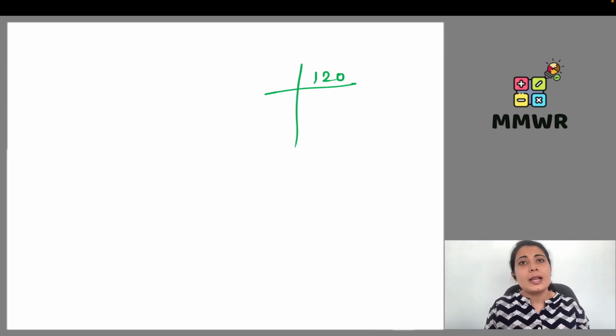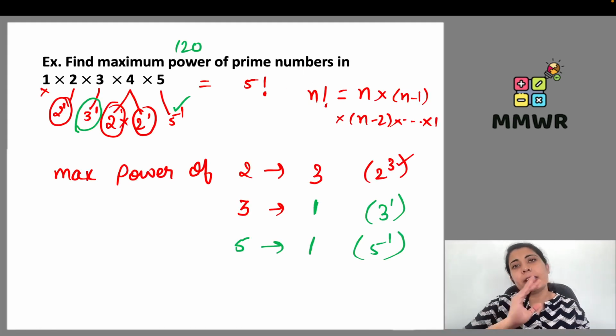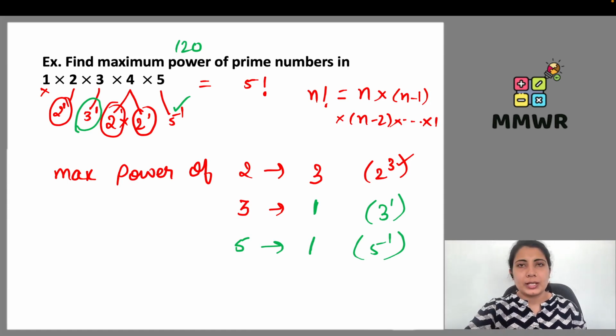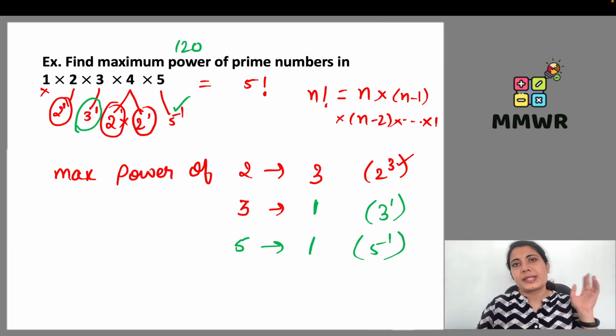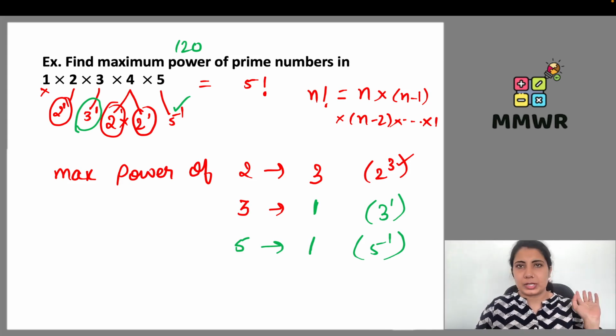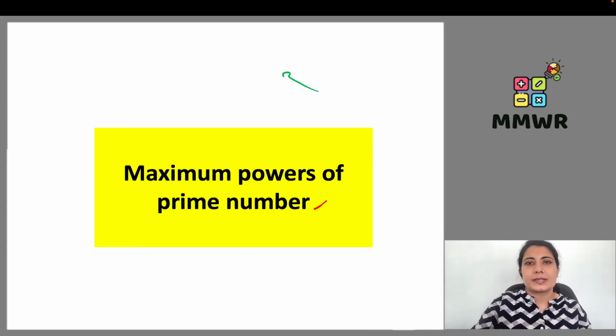So 120. अगर नंबर आप सबको मल्टीप्लाई करके, if it is easy for you to get the number, like if you have to get the value for 100 factorial, that means 100 multiply 99 multiply 98 ऐसे करते करते आपको 1 तक जाना पड़ेगा. So it will be a lot of time wasting for us to get the number. फिर वो नंबर को और हम ब्रेकअप करें और उसको फैक्टराइज करें, फिर वो और टाइम टेकिंग हो जाएगा. एंड देन वी हैव टू चेक हाउ मेनी टाइम्स 2 is coming, 3 is coming, 5 is coming, whatsoever the number is, right? So rather than doing it that way, look,